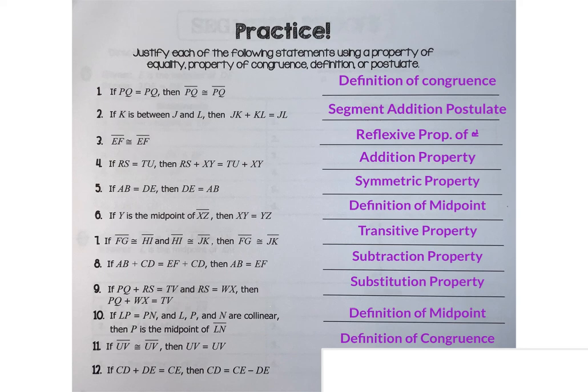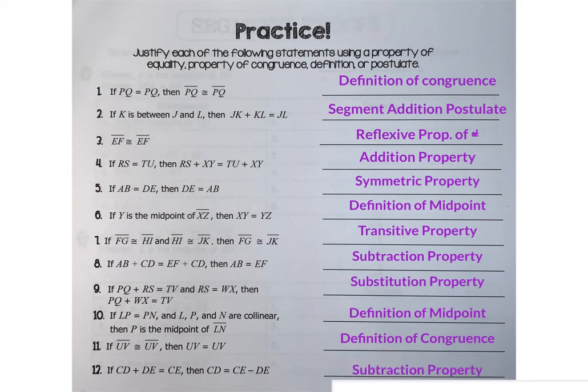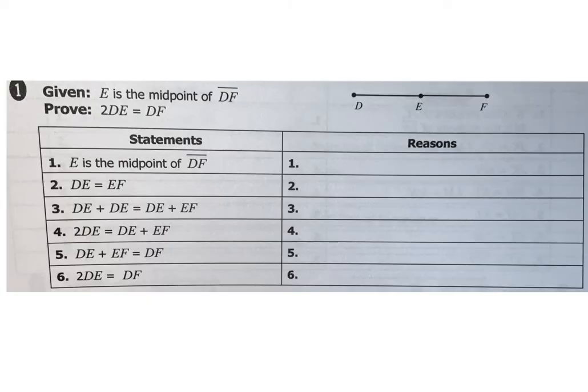And then the last one, CD plus DE equals CE. Then CD equals CE minus DE. What did they do to both sides? They subtracted. So this is subtraction property of equality. Today we're concentrating on proofs where they kind of give you the steps a little bit